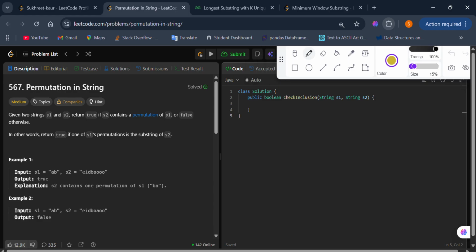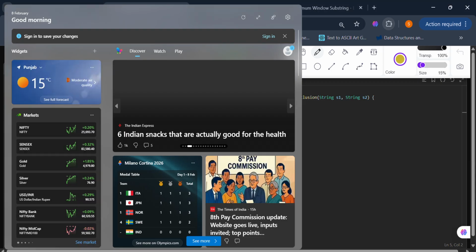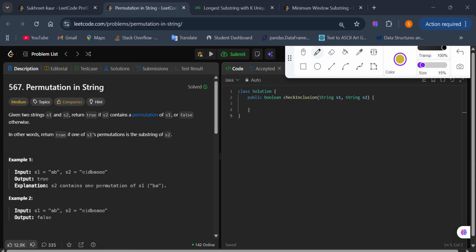So in this video we are also discussing a new concept of sliding window. This is not a very hard question, sorry for that. It is also a simple question. We are just considering the medium level question. In the last video I discussed a very easy question, and in this video we are discussing a medium level question. If you are also struggling in DSA, understanding what to apply in a particular topic or particular question,